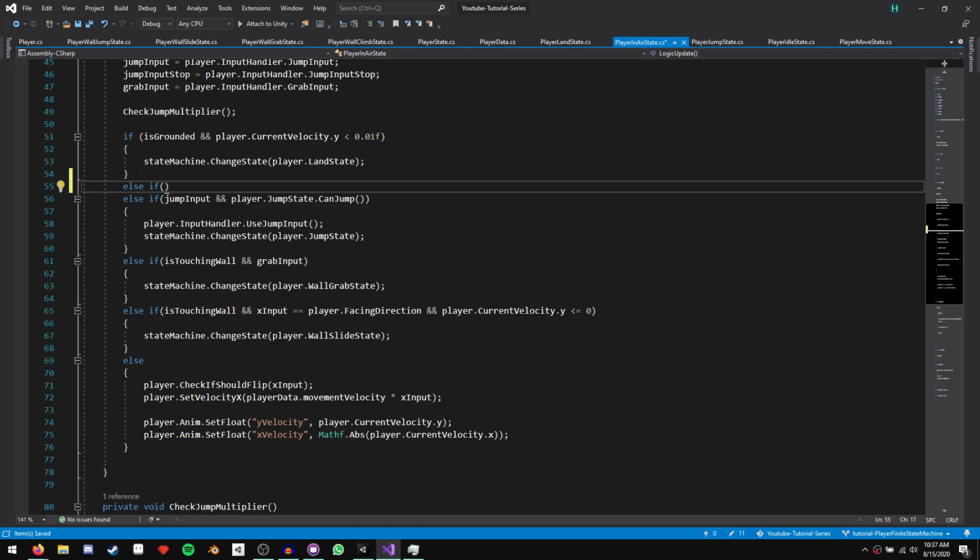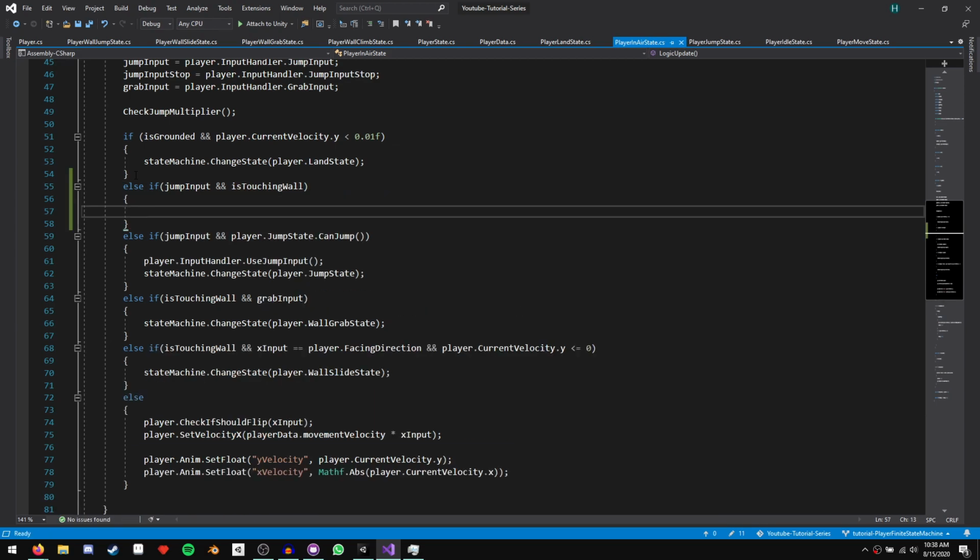And this time our conditions are again going to be jump input and is touching wall. So if we are touching a wall and we give jump input, then we want to wall jump. So we'll just transition to our wall jump state with state machine dot change state to our player dot wall jump state. And that's basically all we need for now. We'll come back and add a few more things here in just a second.